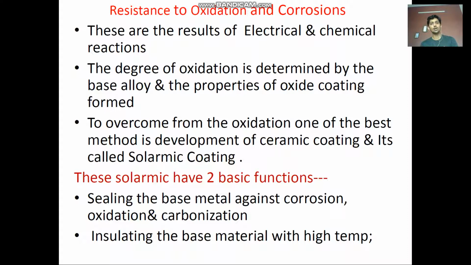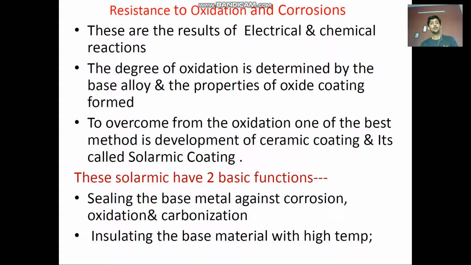Similarly, with corrosion, like when there is a water methanol mixture injection, when that mixture or chemical comes in contact with the metal, the corrosion process will begin. That will again reduce the property of a material which is required to have a continuous life with certain performance. Now, these are the results of electrical and chemical reactions. Electrical, because the electrons start going away from that particular element species.